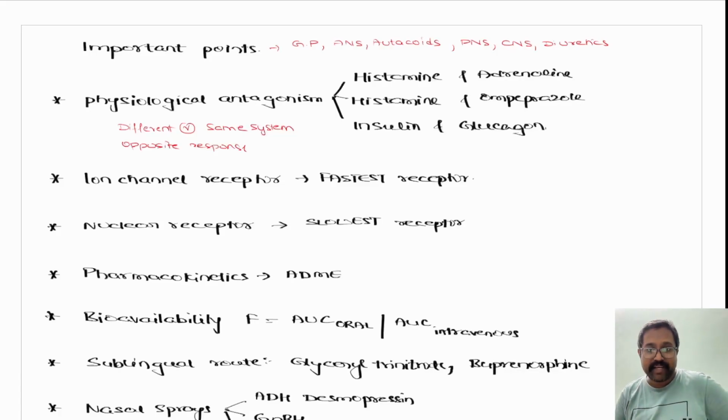Here you have examples of physiological antagonism: histamine and adrenaline, histamine and omeprazole, and insulin